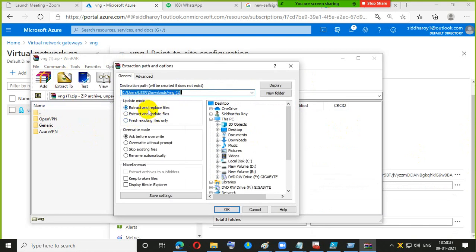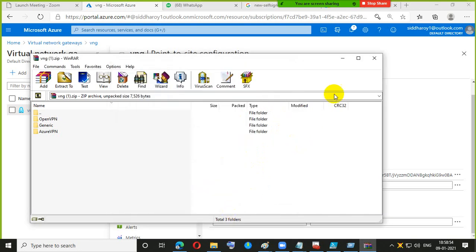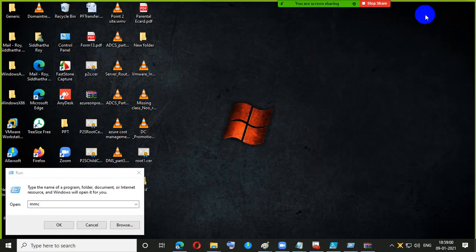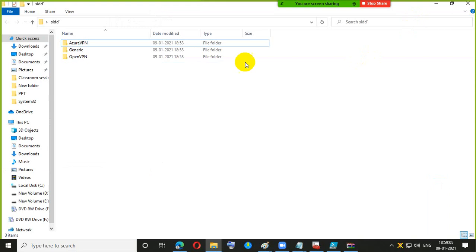Export to desktop. I'm creating one folder. Okay, so let's go to the folder here. So this is Azure VPN.